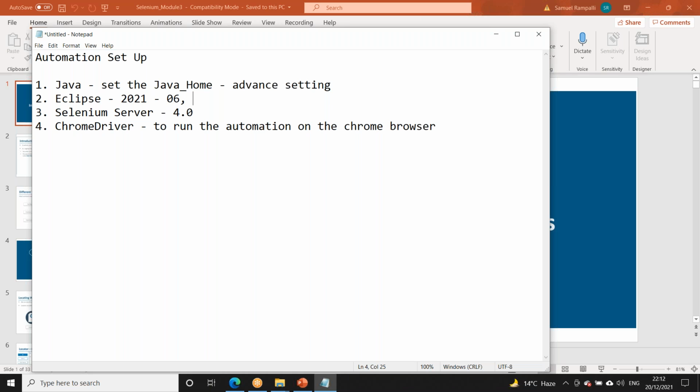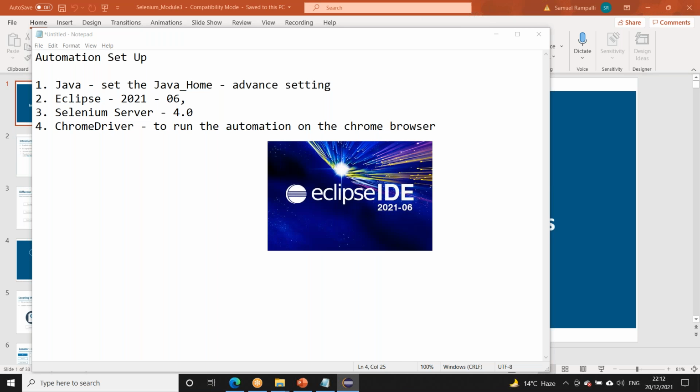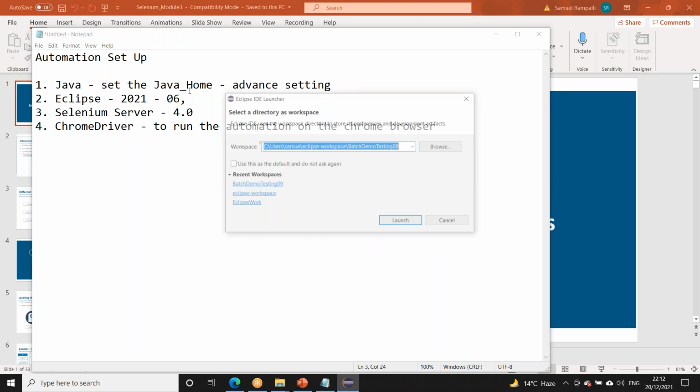I have 06, it is working fine. 2021 06, which is working excellently, absolutely fine. So you can use this, or you can use